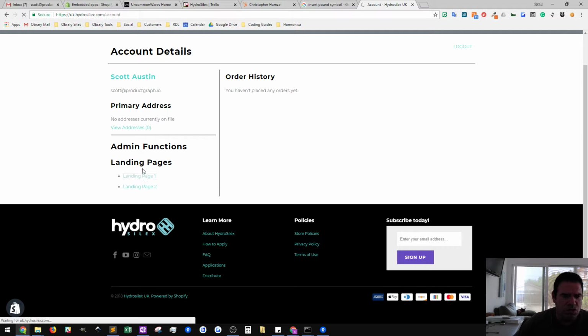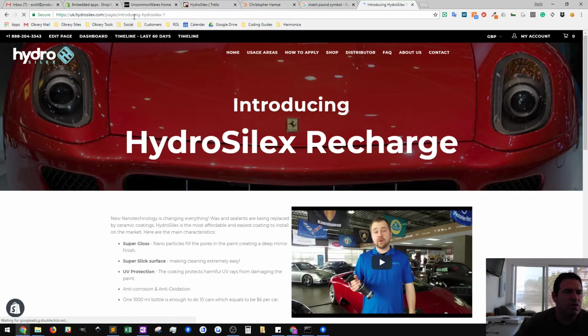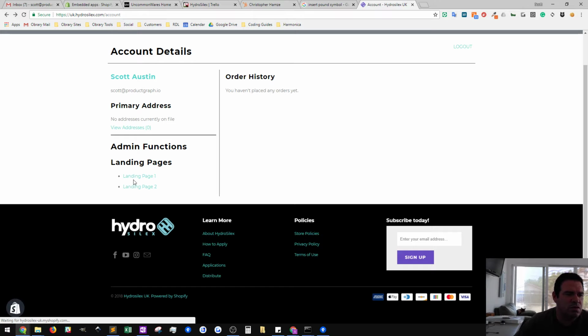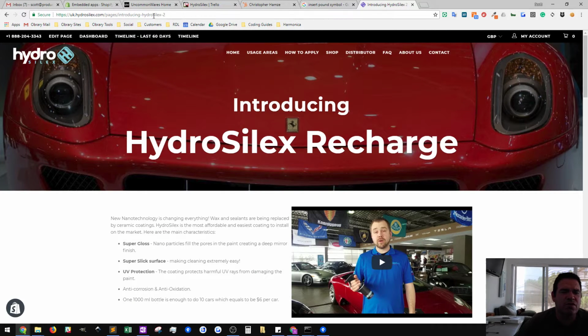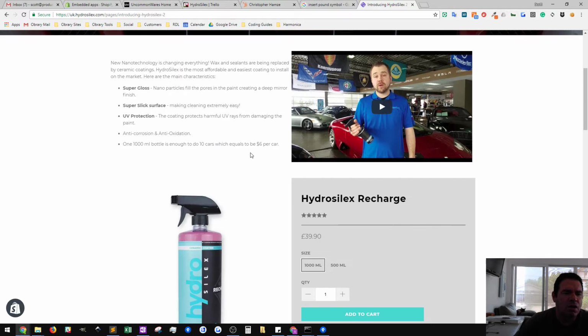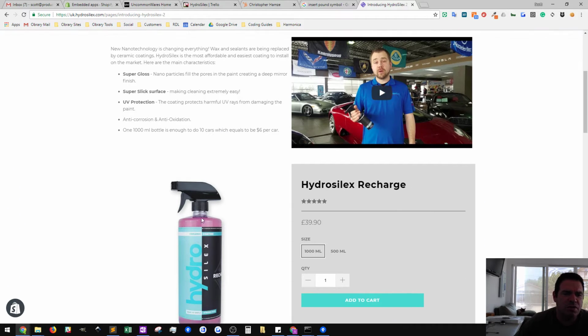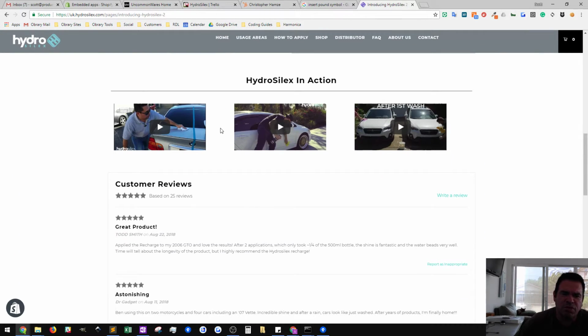So landing page 1, its URL is introducing HydroSilex 1. And then landing page 2 is quite intuitively the same URL except for introducing HydroSilex 2. So those can both be edited inside of theme customization. They're using a couple different page components and elements, and they're actually a little bit of a complex page,